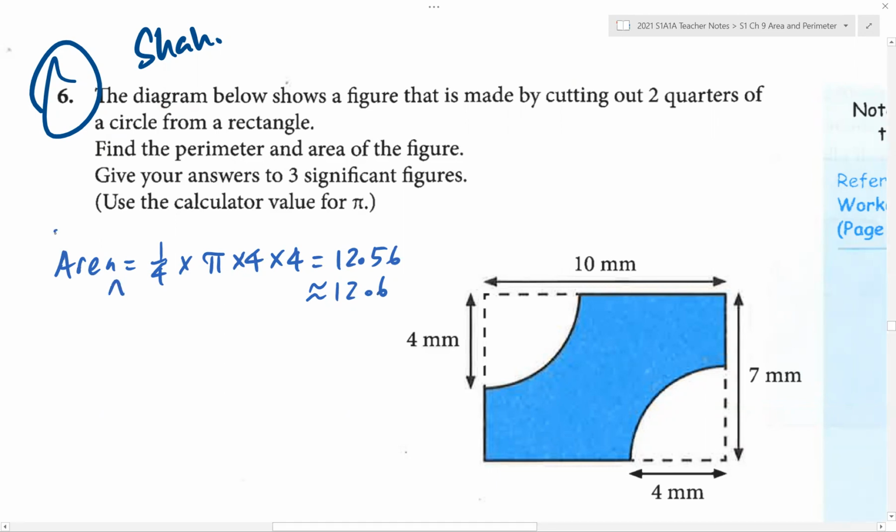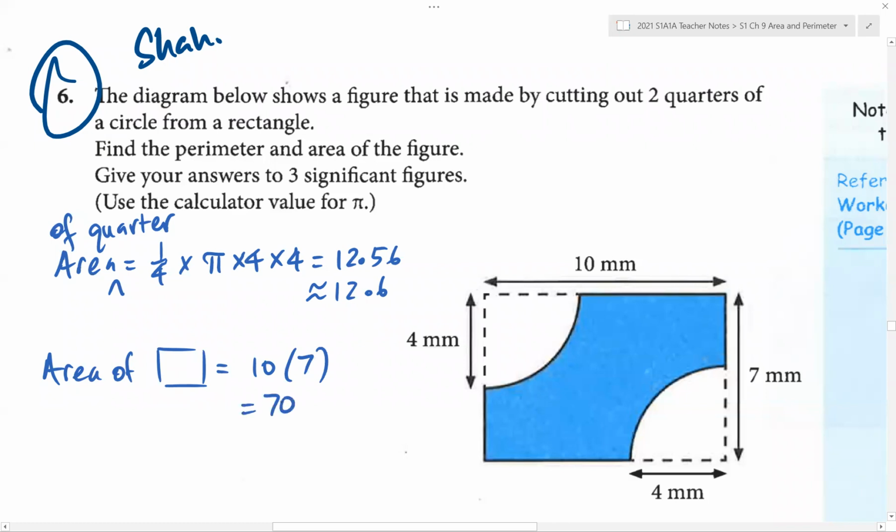Ah, area of quarter circle. Okay, good. And then we have 10 times 7. So area of rectangle equals 10 times 7, which is 70. Why is 10 times 7 70? Okay, so final area